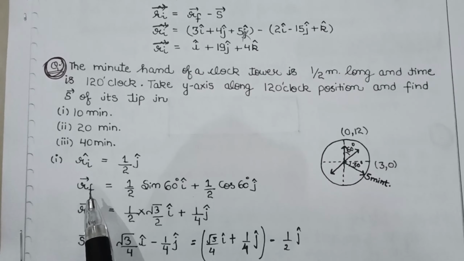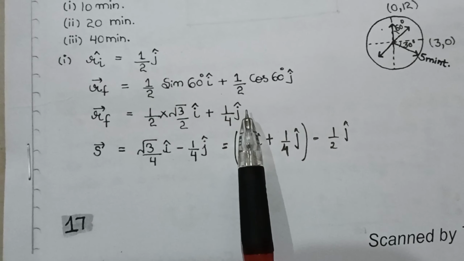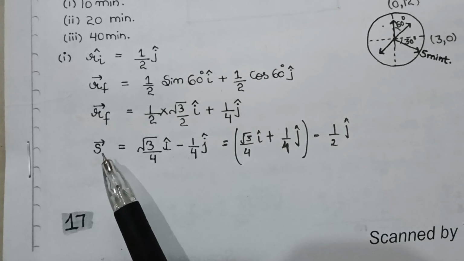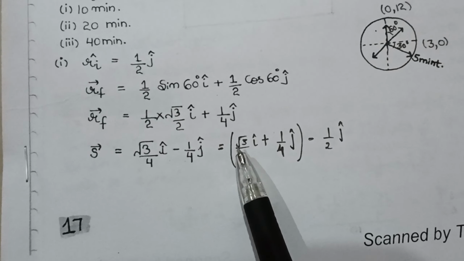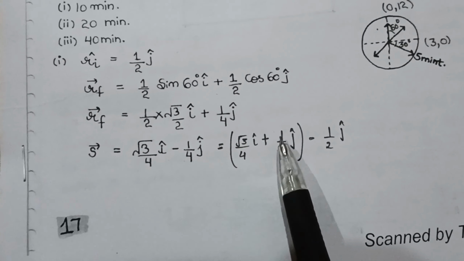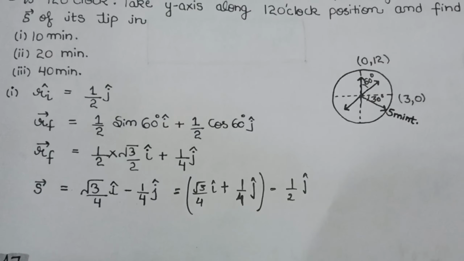Therefore, initial position is equal to 1/2 j cap. Final position is equal to half of sin 60 degree i cap plus half of cos 60 degree j cap. Final position is equal to half into root 3/2 i cap plus 1/4 j cap. Therefore, displacement vector is equal to root 3/4 i cap plus 1/4 j cap minus 1/2 j cap. Now the next question